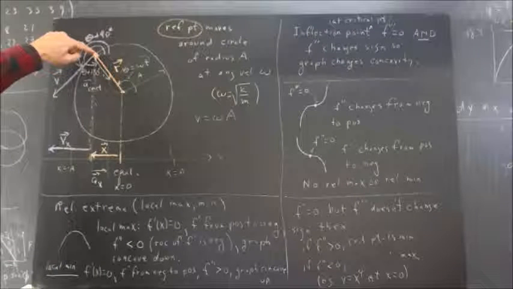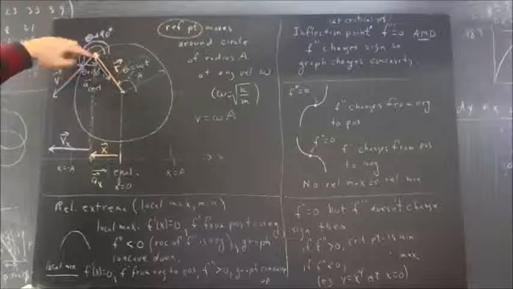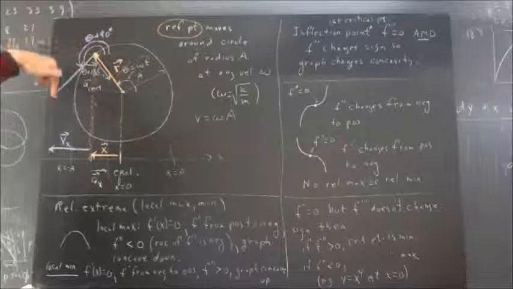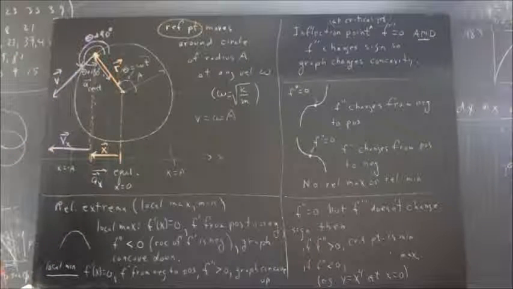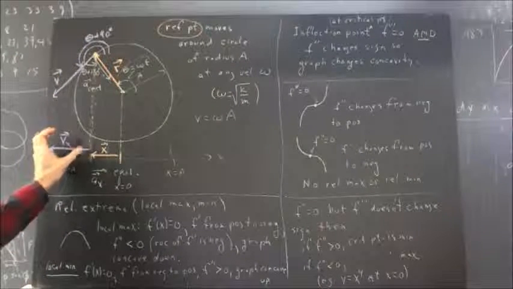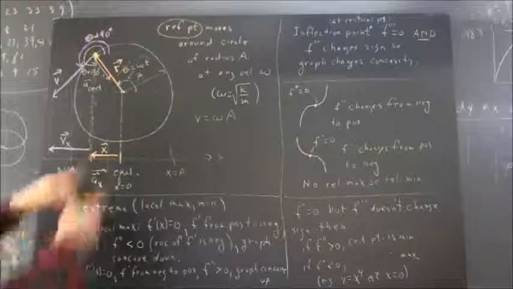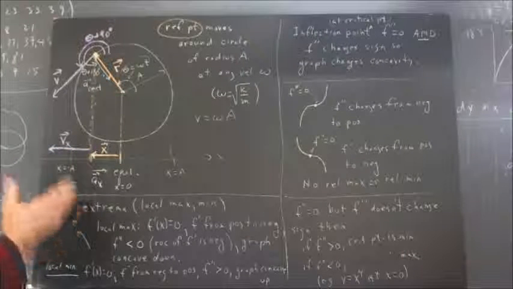Now, what's going to happen as we rotate around a little further? Well, this velocity vector is going to get more and more vertical. The more vertical the velocity vector gets, the shorter its projection is going to be down here. So this velocity vector will be shrinking as we move from here to here. This x vector will be getting bigger, the velocity will be getting smaller. Well, doesn't that